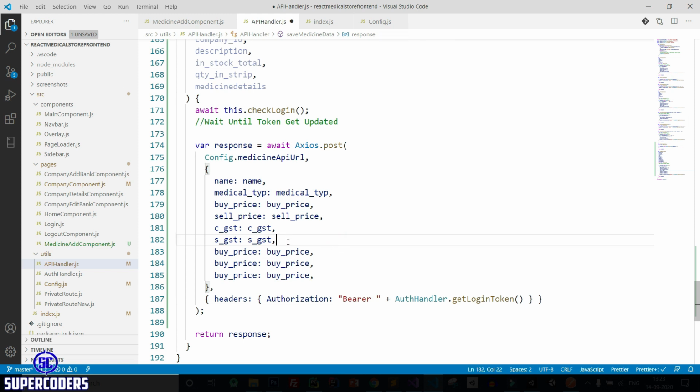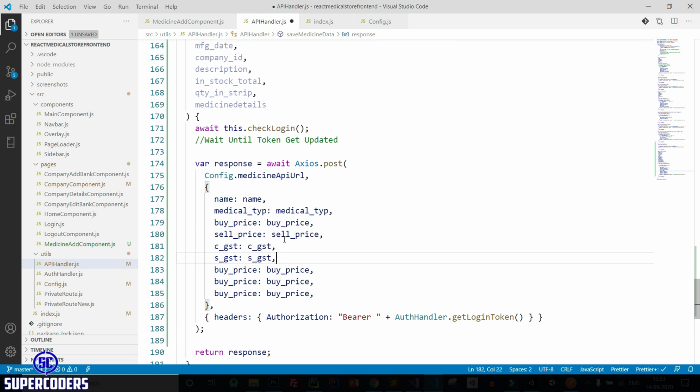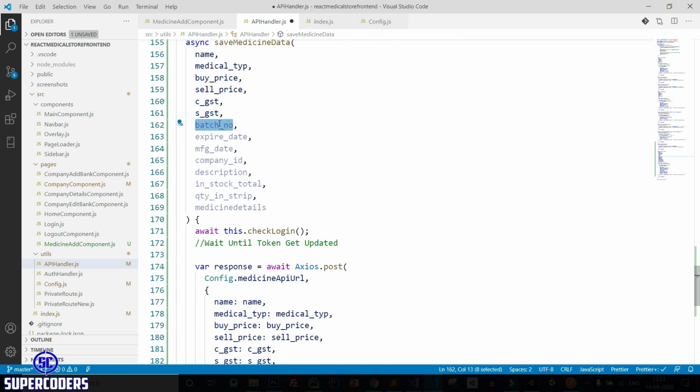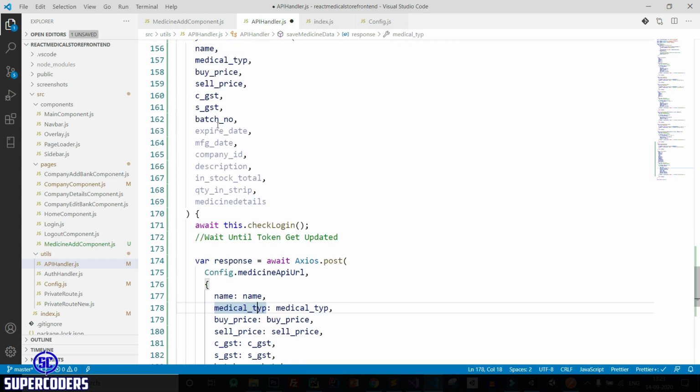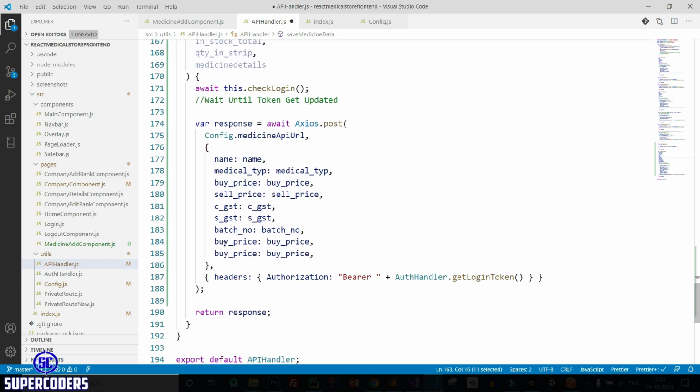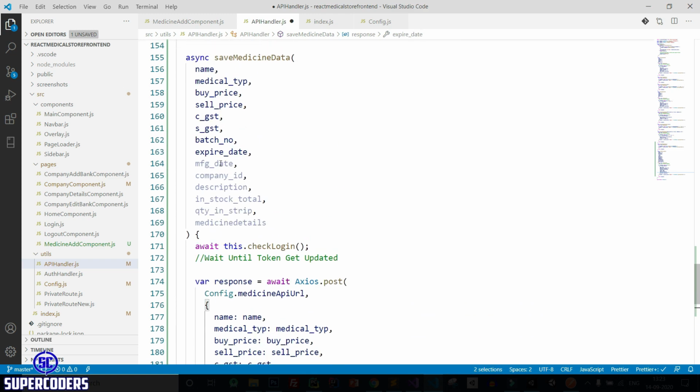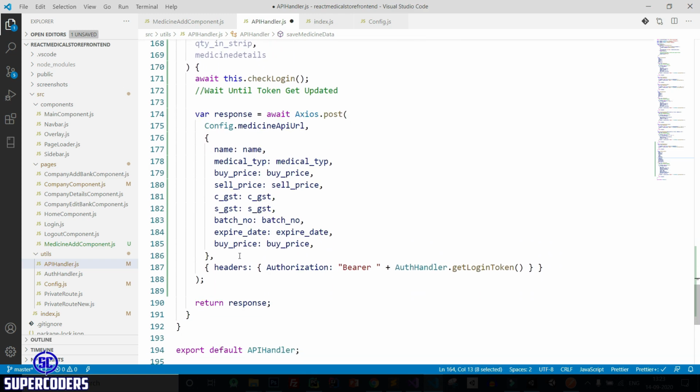So here I am using multiple selection. You can check VS Code to know how you can select multiple if you face difficulty, using the Control plus T command. Batch number, again selecting and selecting this, paste it. Expire date, selecting multiple. Next is manufacture date, again selecting multiple, paste it. Now let's copy this multiple times again.